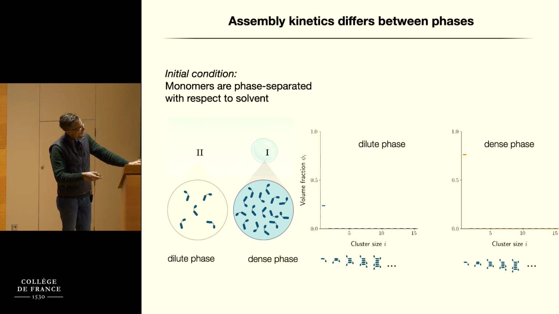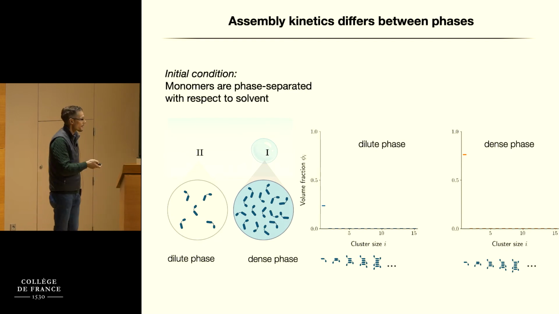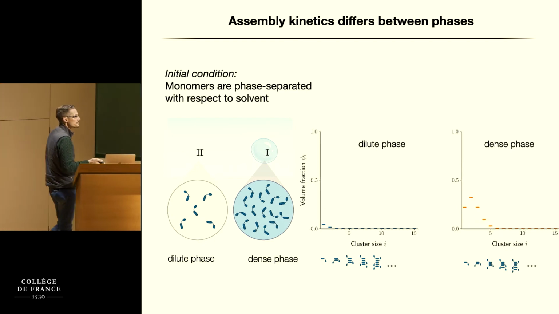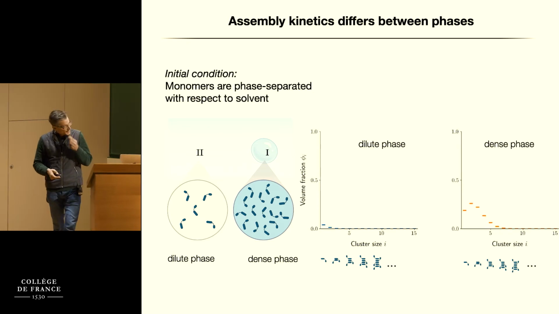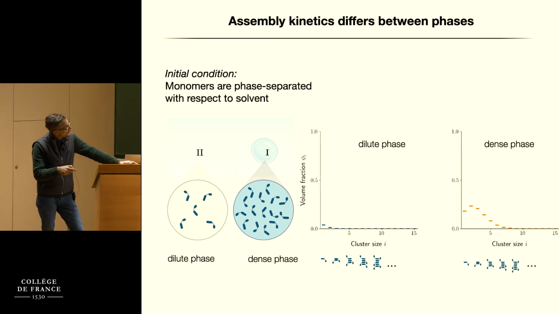And all higher order oligomers are all 0. And that's the dilute phase, just low concentrated. So let it run as a function of time. What you see, interesting, is that the dilute phase was immediately losing some monomers and creating this little distribution here, very